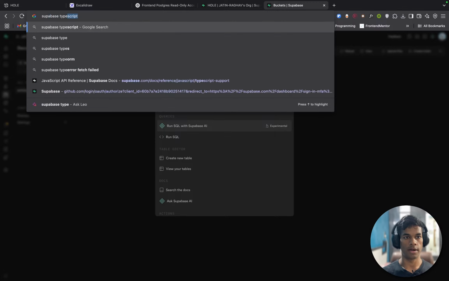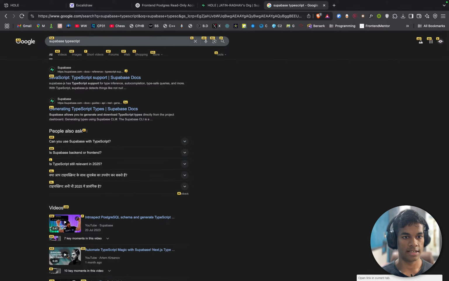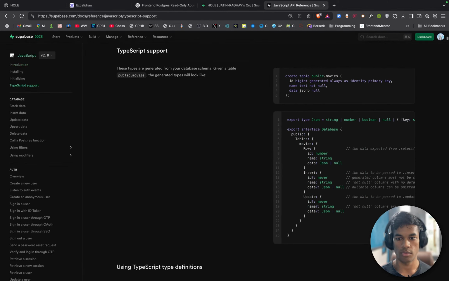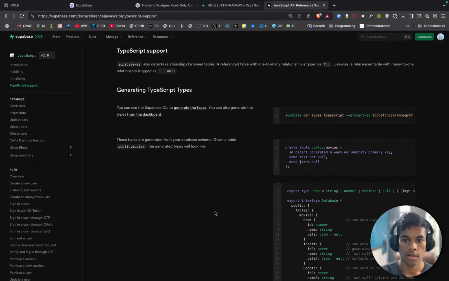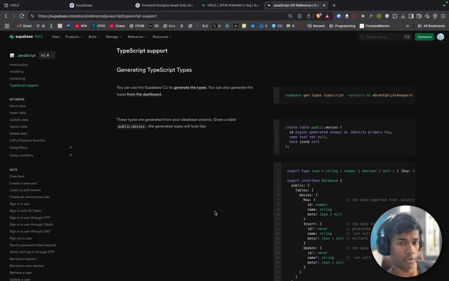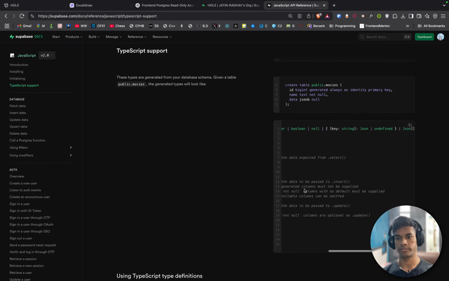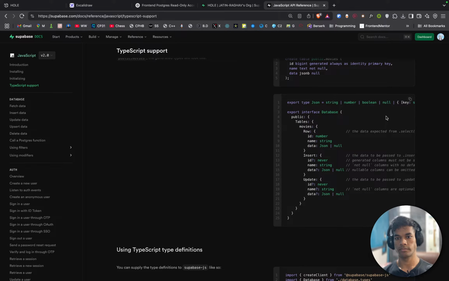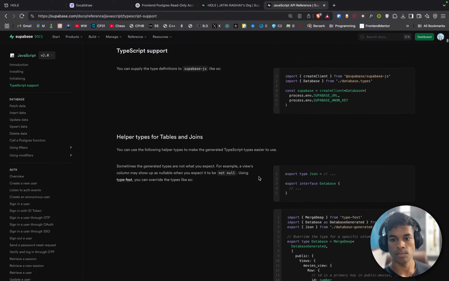Supabase TypeScript support. Install employees and then generating template. Okay. Movies. These types: export type Json equals string, number, null.